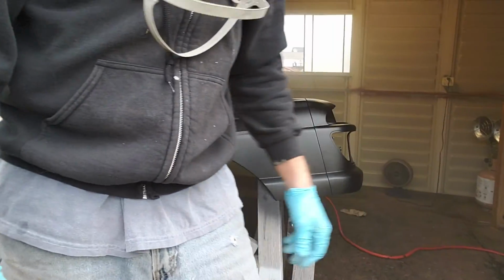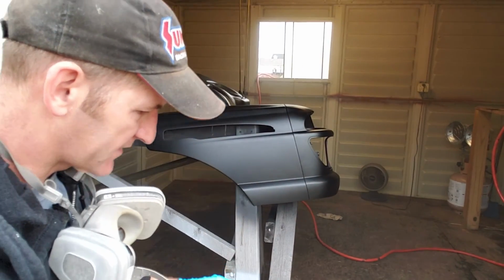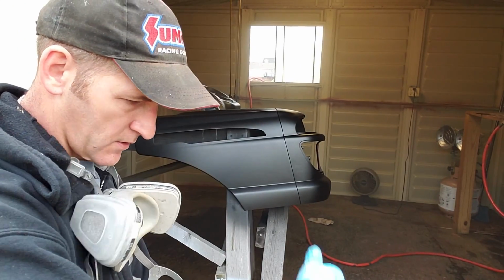Alright guys, if you'll notice on that very last bit of that last coat, I cross hatched. I did my first one vertical